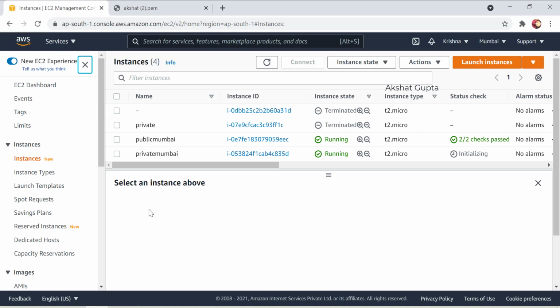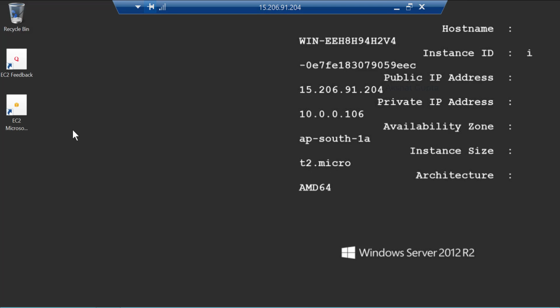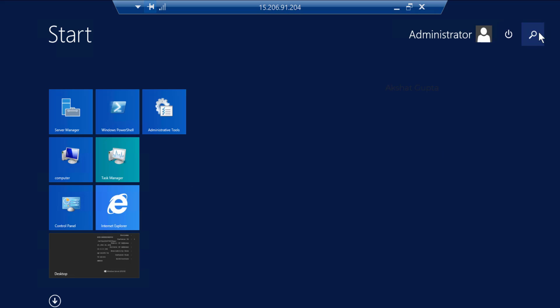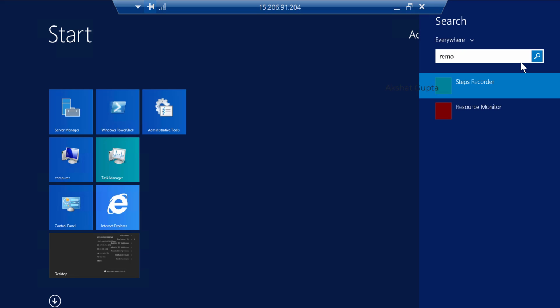We would access the private EC2 machine with the help of this public EC2 machine which we have created. We would log in to our private EC2 machine from inside our public EC2 machine. So what we would be doing is writing RDP, or remote desktop protocol.